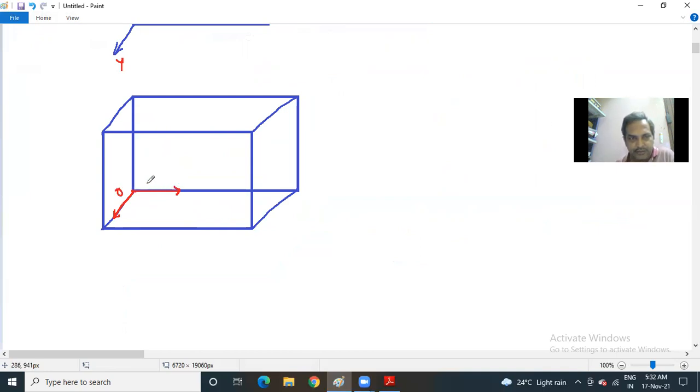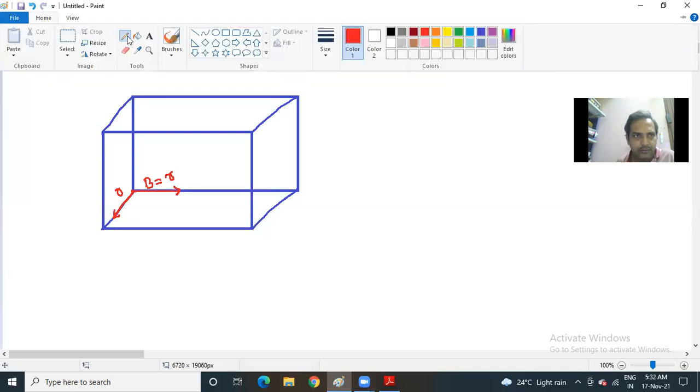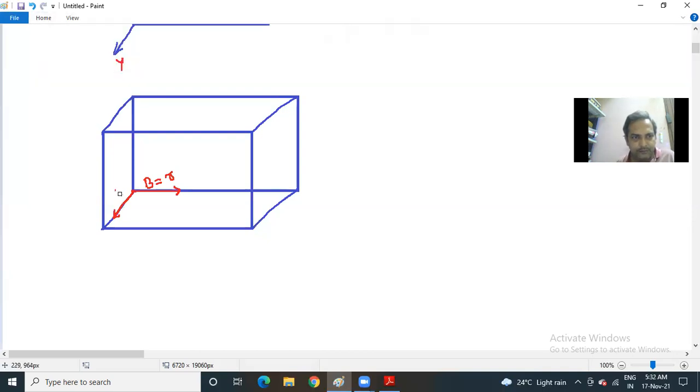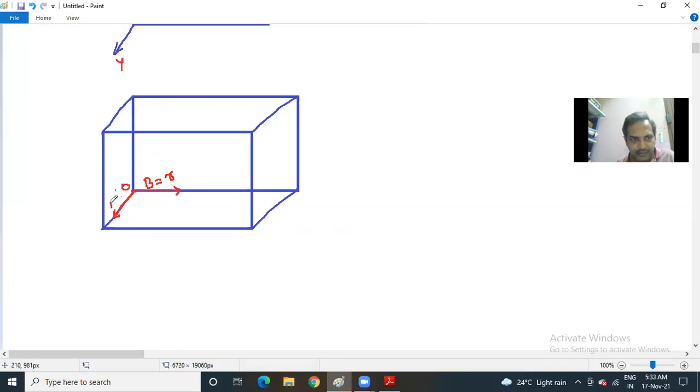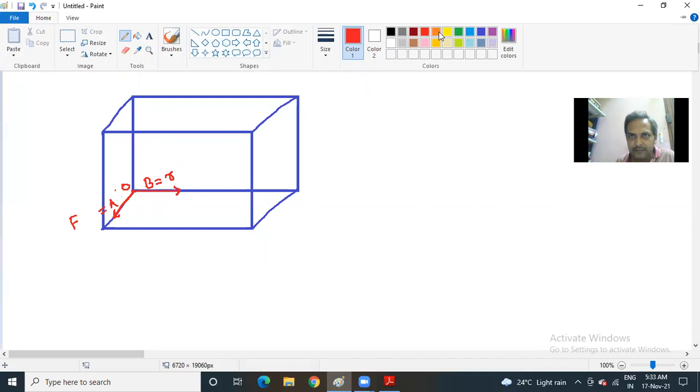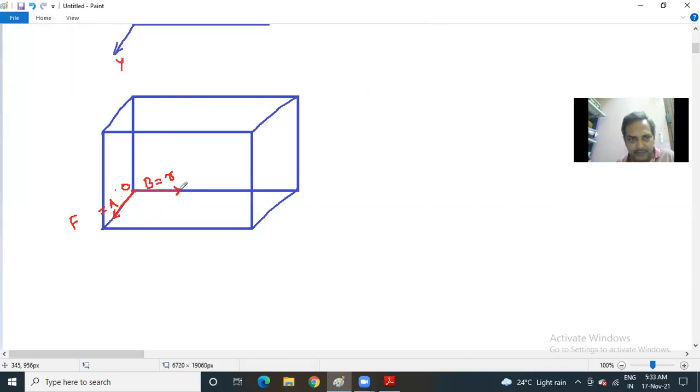So you treat this as vector B. Of course, you treat it as position vector R. This is the origin. Now this is vector A. You treat vector A as force. Suppose the particle is here on the x-axis, so R is the position vector. R joins the origin and the instantaneous position of the particle. The particle right now is on the x-axis.